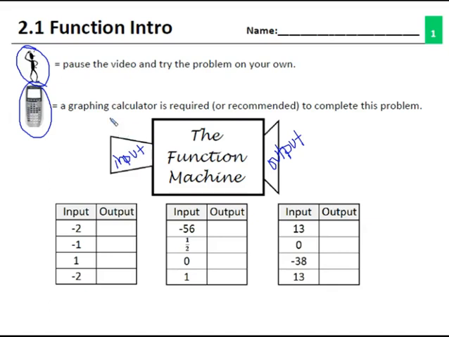You can put in the number 2 maybe into a function or an equation, and you're going to get out maybe something different. Okay, you're going to get an output value. Now, what is unique about a function or a machine is what comes out. So this output, what comes out, depends